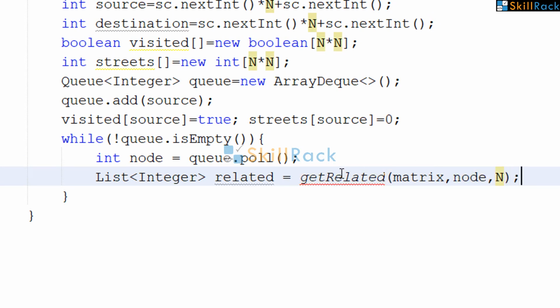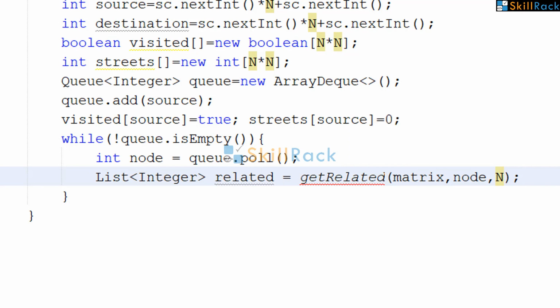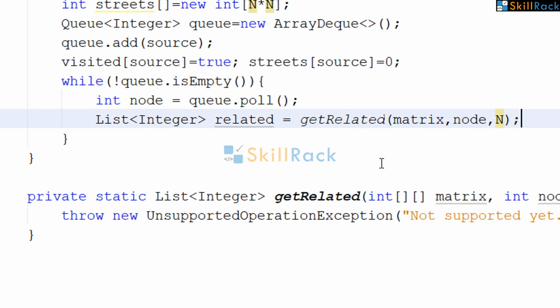So we will call a function called getRelated to get the nodes that are on the left side, right side, top and bottom, which are connected in the same street. So let's create the method.